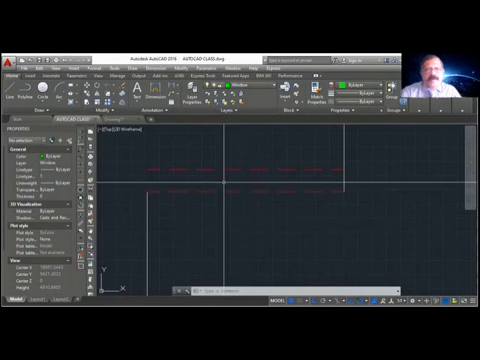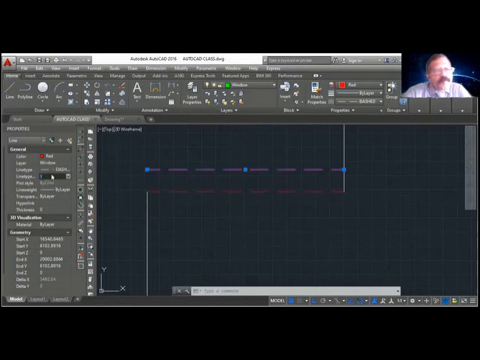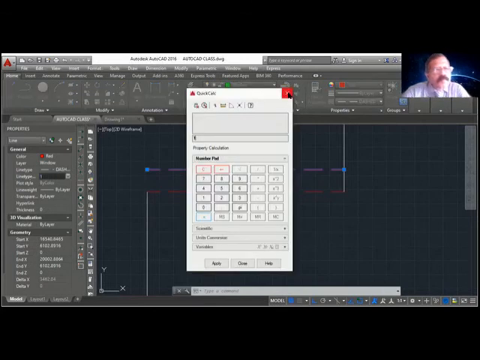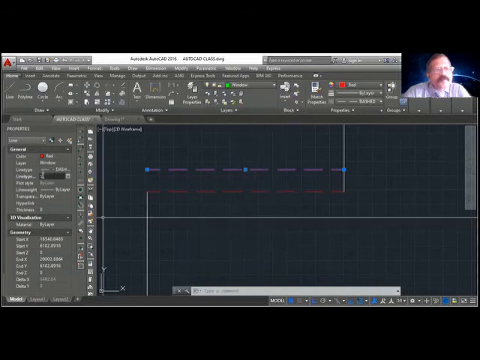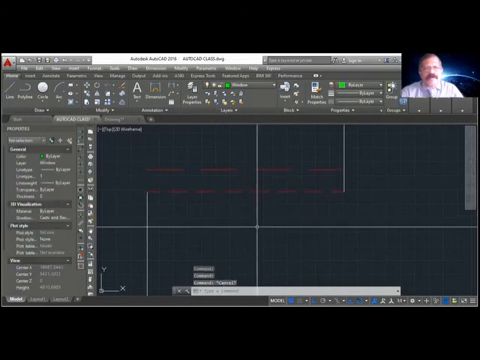So you select this one, and you see here the line type scale is there. You see now, it became far apart because it uses the LT scale, whatever value we give.